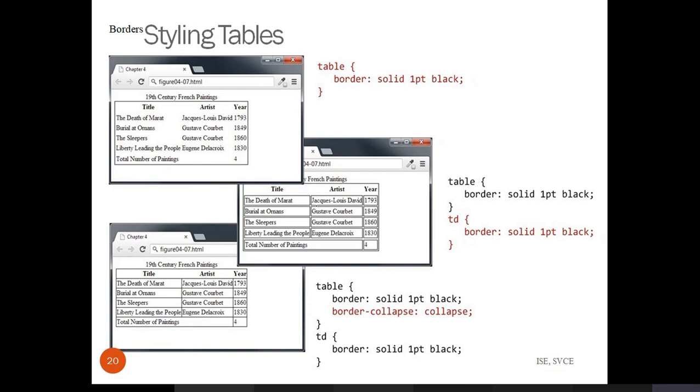If you don't want to keep that space between the cell borders, you can go for border collapse. That is another property, border collapse. If you use this, you can see how you are going to get the border. It merges the border edges of all the cells. So here it looked like a double line, but here it is merged.